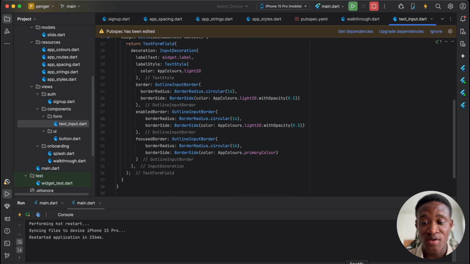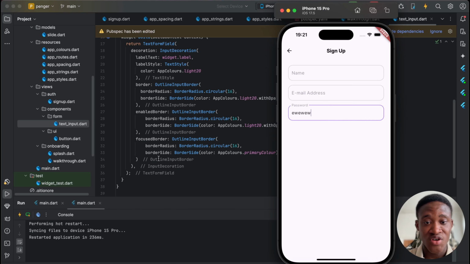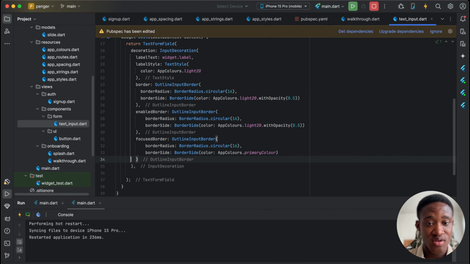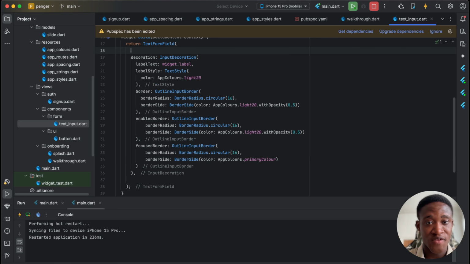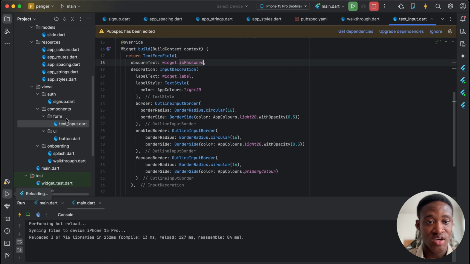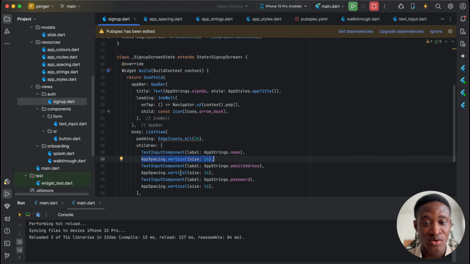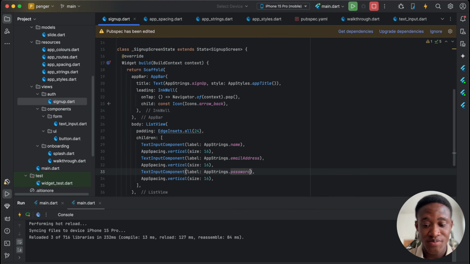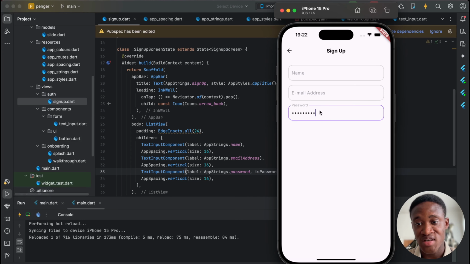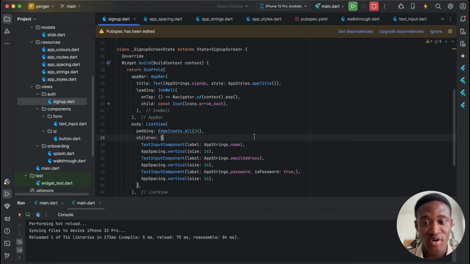Now in our decoration here, what we want to then do is obscure the text if the test form field is password, right? So here we go back to our sign up screen, and on the password here we say that it's password. We say that that is true, and realize that it's obscured from the other ones. All right. And then another thing is we want to add the